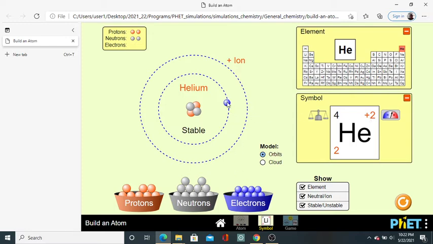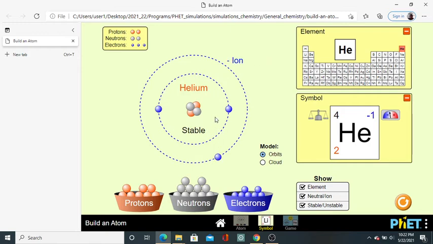So let me add an electron here, and the charge went down to 1. Let me add an additional electron. Let me try to put it out here and see what happens. It finds its shell. In other words, it must fill its first shell before it can go to the second shell. Now if I was to come here and add another electron to this shell here, it can't, because this